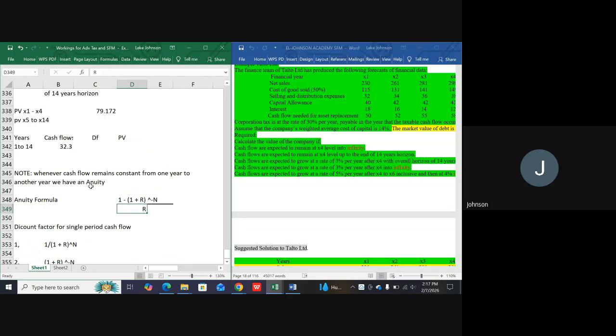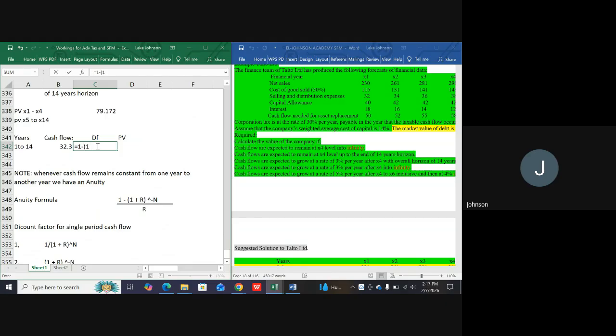So let's put our formula here. We say equal to 1 minus, open bracket,